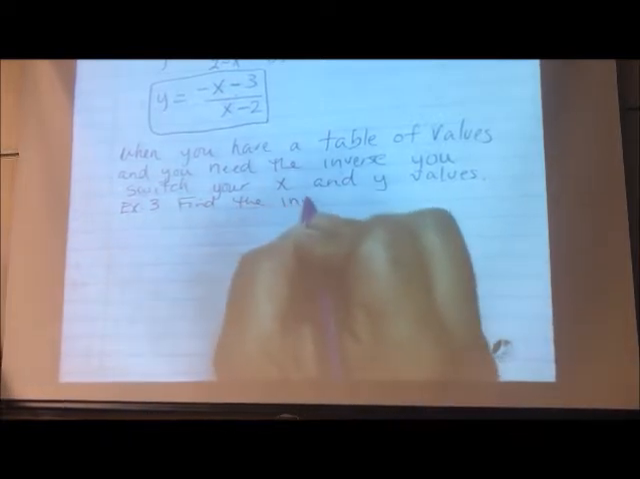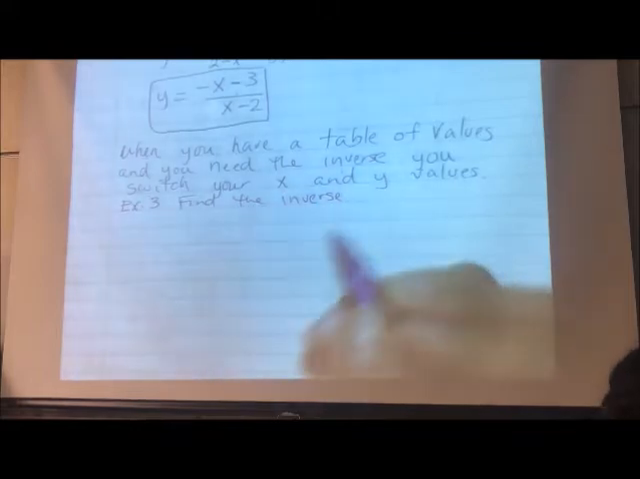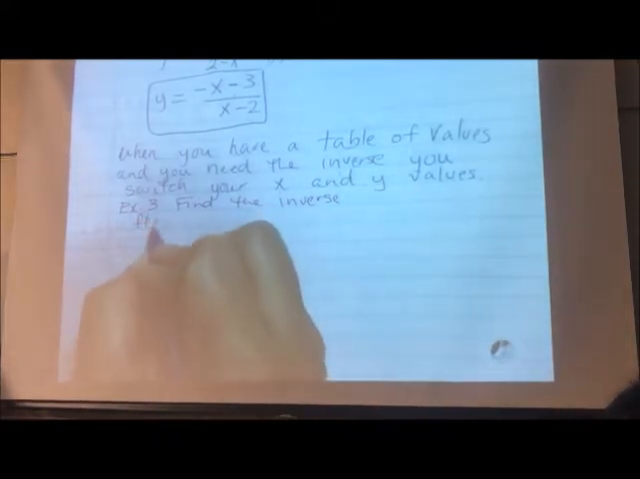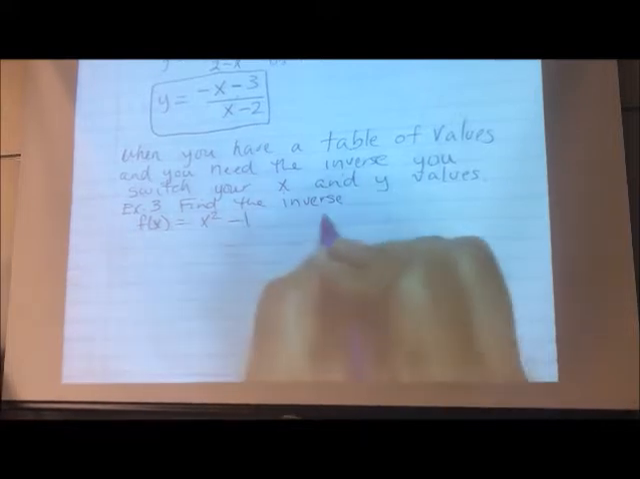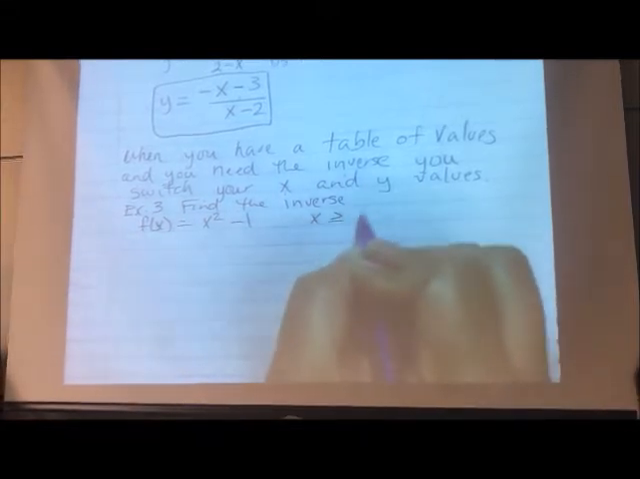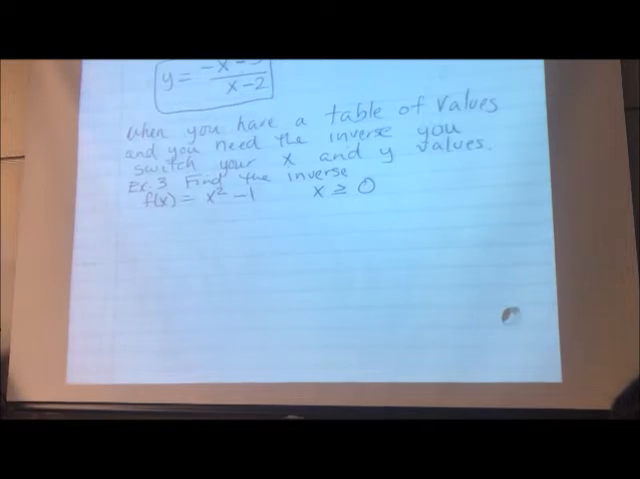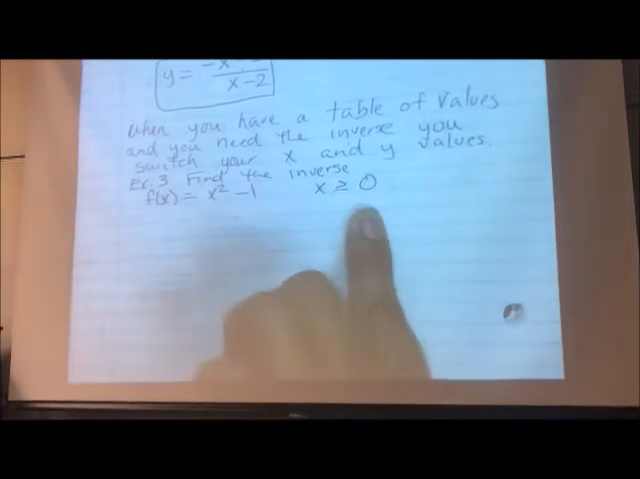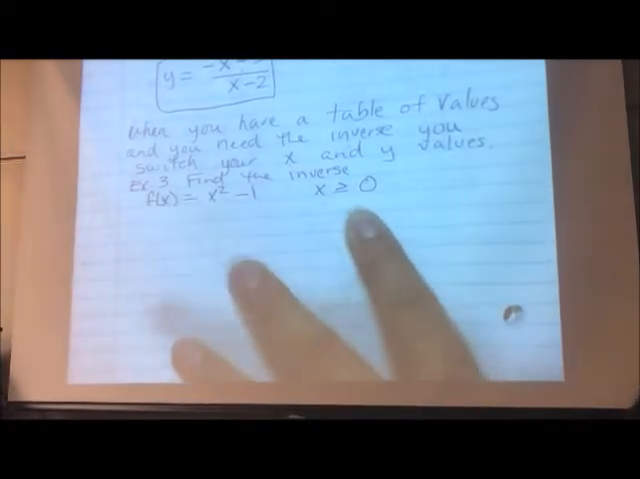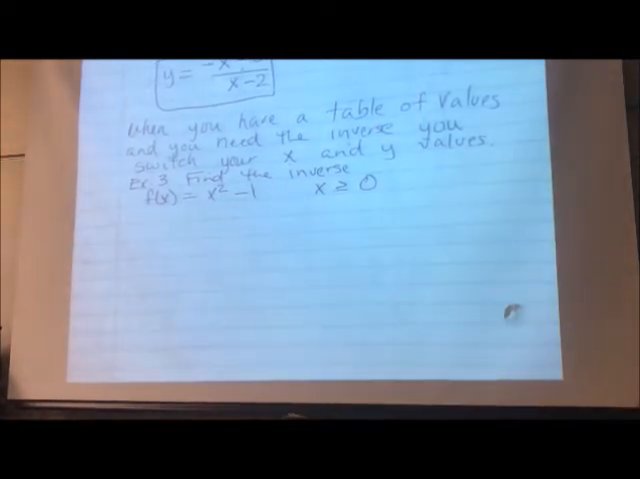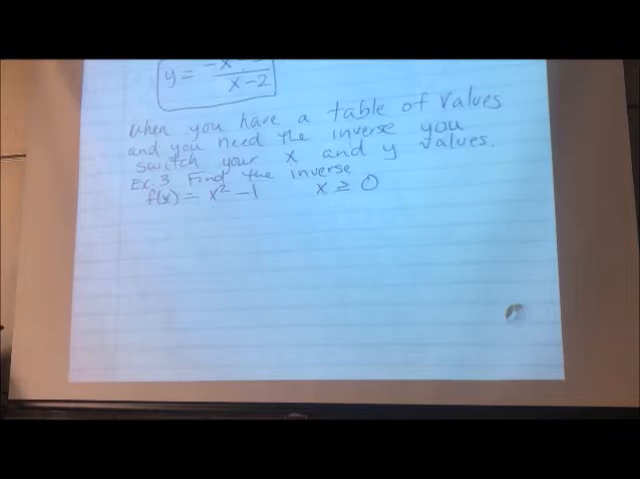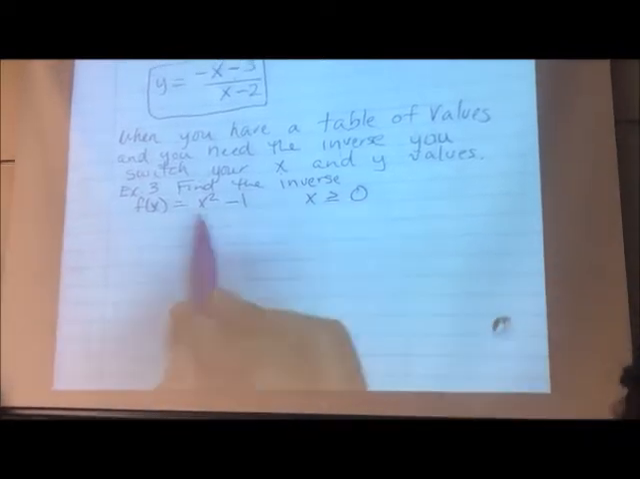Make the inverse. F of x equals x squared minus 1 when x is greater than or equal to 0. So remember we talked about limits when we did piecewise functions. So this is a little bit like that. It only tells me we care about where it's 0 or greater. So if I were to graph this,